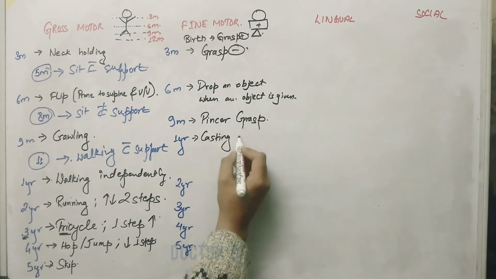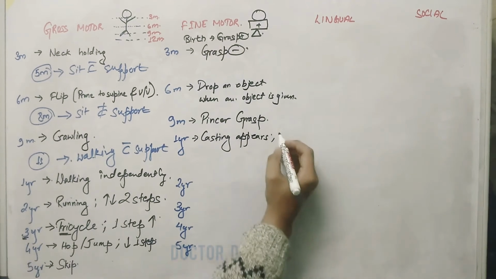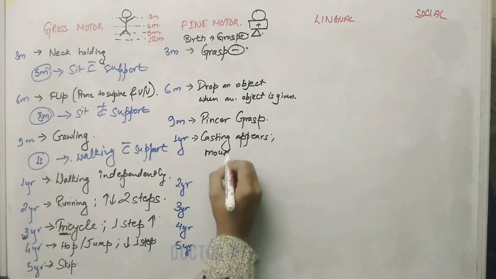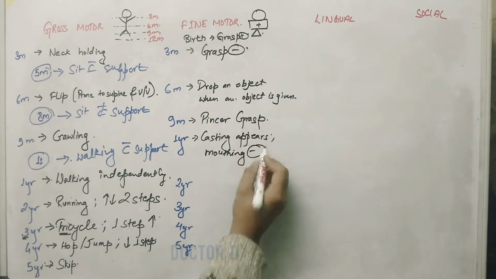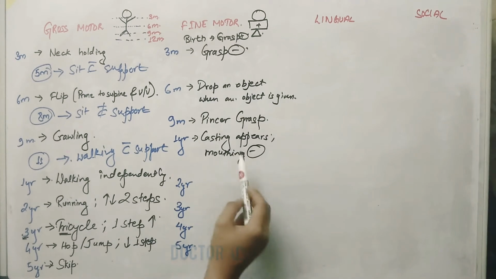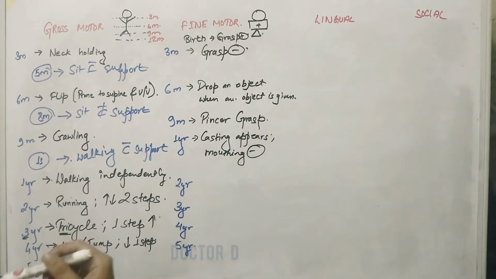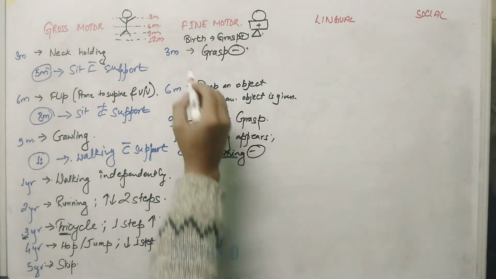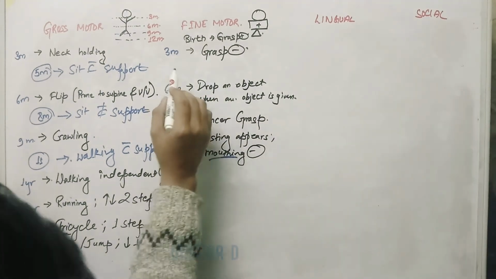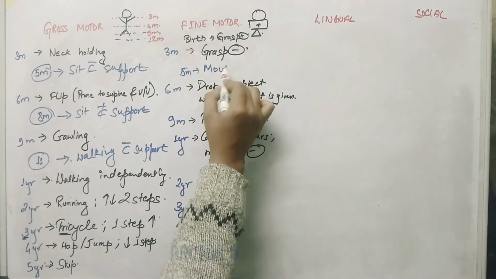Casting appears, and also mouthing disappears. So what is mouthing? Mouthing means putting of any object inside the mouth. This is quite common in children. So for this mouthing to disappear at 1 year, it must occur somewhere else, right? So this mouthing actually appears at 5 months. 5 months, mouthing